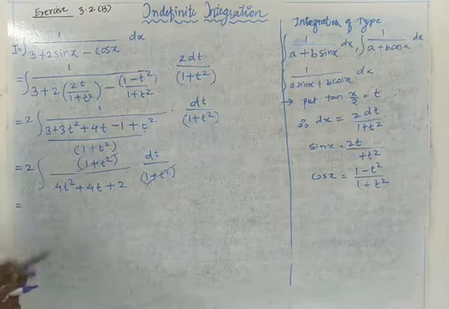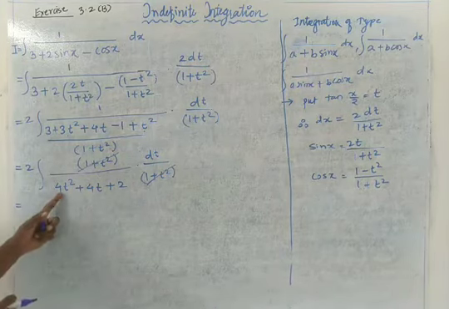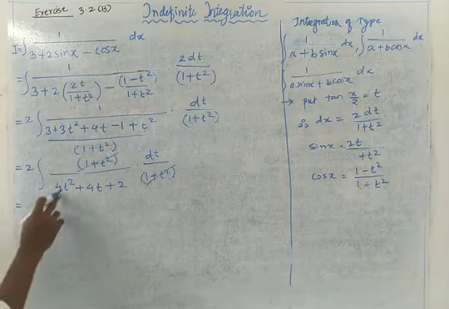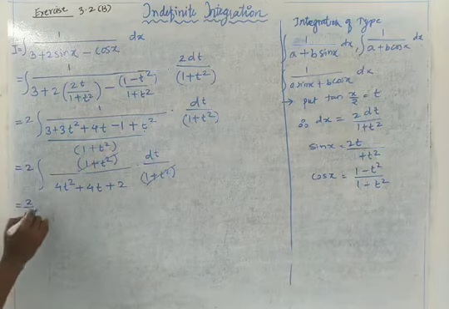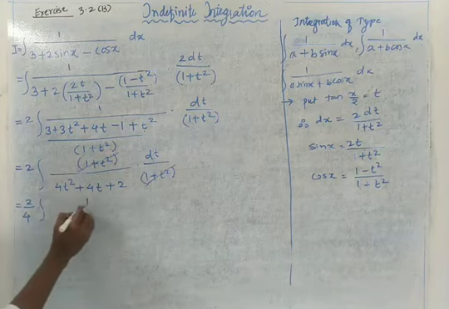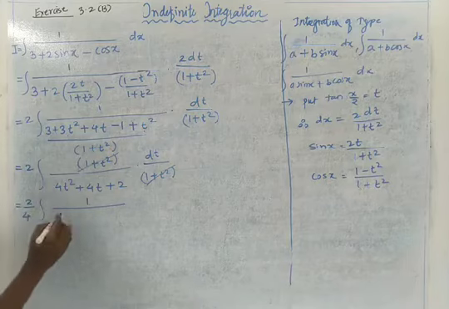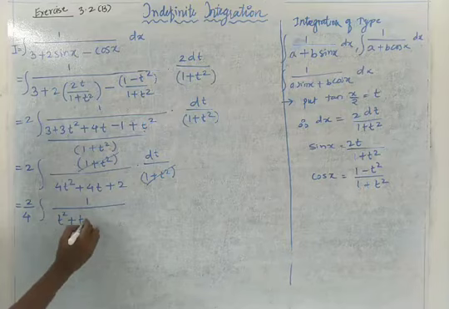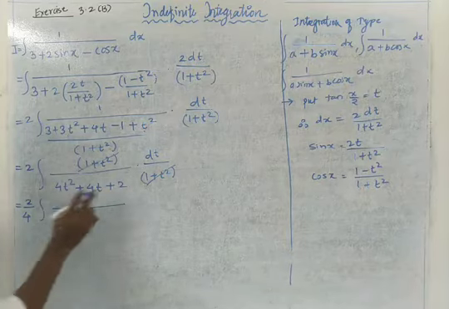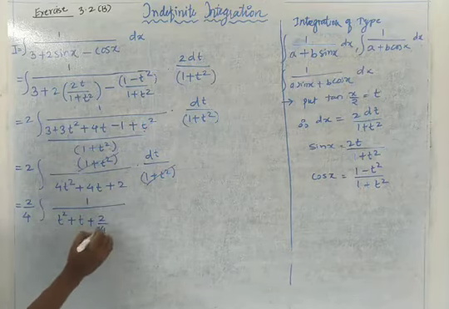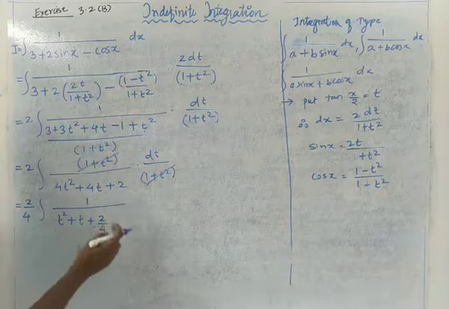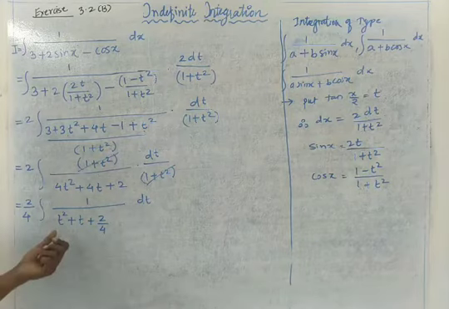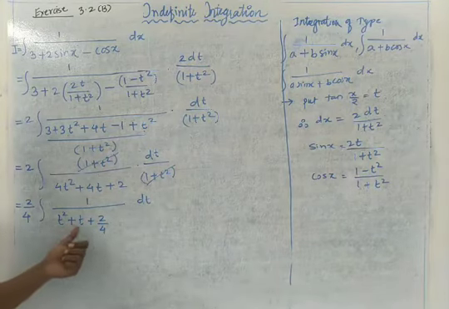Now in the next step I am going to take this 4 outside, because I want to make the coefficient of the square term 1. Okay, so this 4 I will take outside, so it is 2 by 4. Then 1 upon, what will happen? 4 gets outside, t square will remain. Here 4 gets outside, plus t will remain, and here 4 gets outside, 2 by 4 will remain. Get that? 2 by 4 afterwards becomes 1 by 2. Understood?